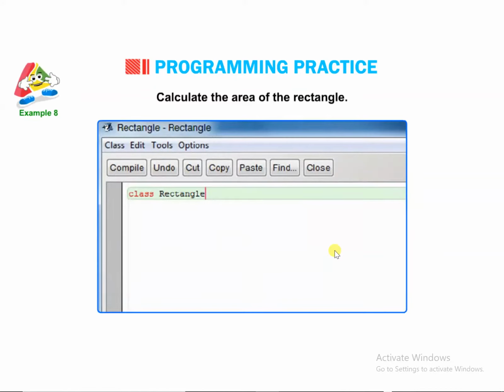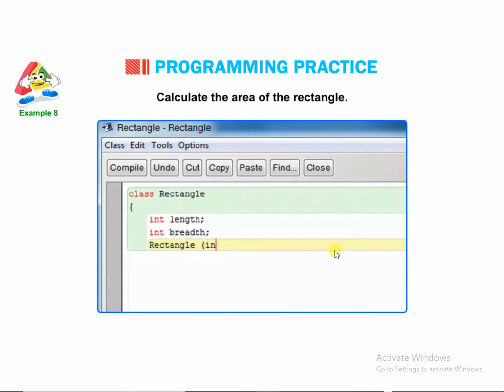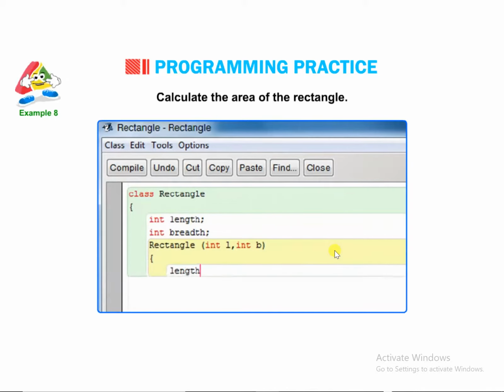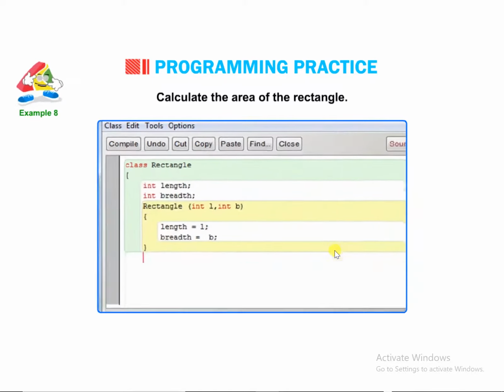class Rectangle { int length; int breadth; Rectangle(int L, int B) // constructor to initialize length and breadth of rectangle { length = L; breadth = B; } Rectangle(Rectangle object) // copy constructor